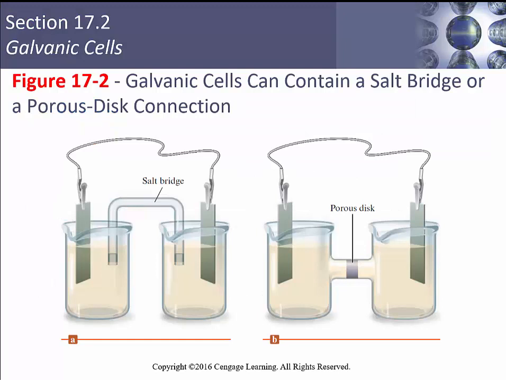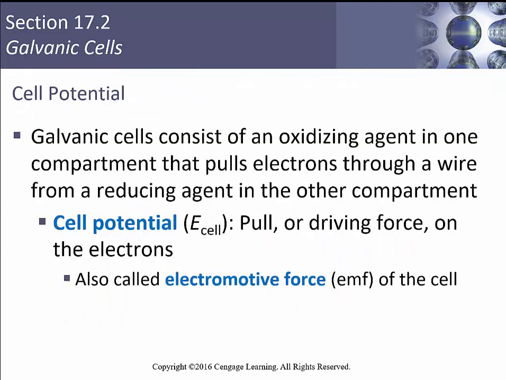This is what our salt bridge is going to look like, and a porous disc just kind of in the middle. You will have probably seen some of that porous material. It's just a ceramic, and it allows ions to go from one side to the other. It's going to allow ion migration, just like ions are going to migrate out of and into your salt bridge. Right? Cations are going to be going to the right, and anions are going to be going to the left. Galvanic cells consist of